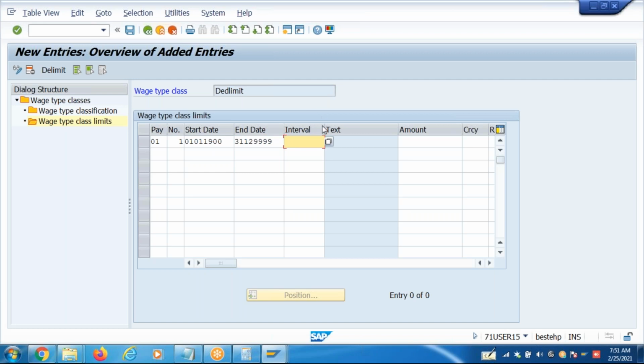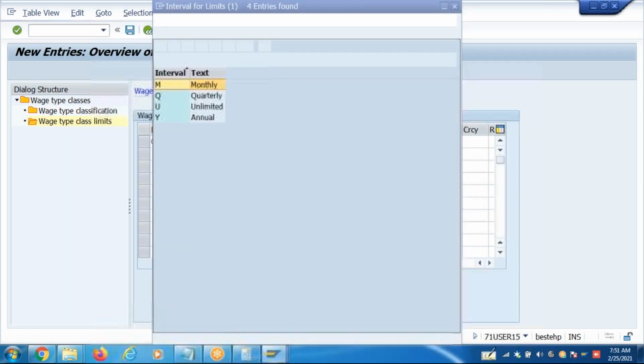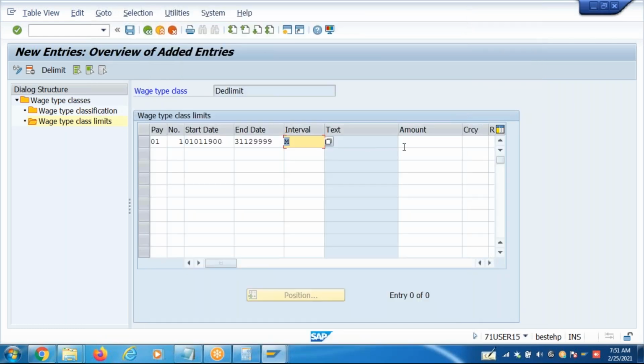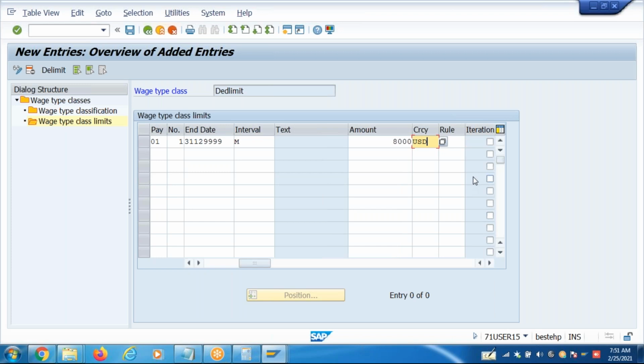And I'm applying this as a pay period limit, where the limit amount is 8,000. Okay, and currency. I'm not defining the rule here. Either rule or amount only can be maintained.